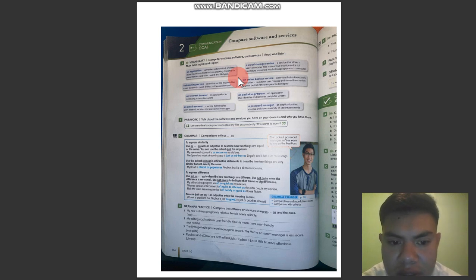Then, to express difference, use not as to describe how two things are different. Use not quite when the difference is very small. Use not nearly to indicate that there is a big difference. For example, number one, my old antivirus program wasn't as quick as my new one. Another example is this new version of the document is as efficient as the other one, in my opinion. Another example, number two,